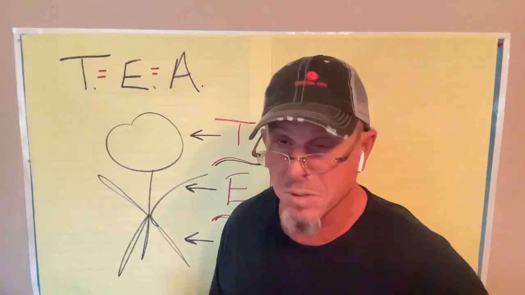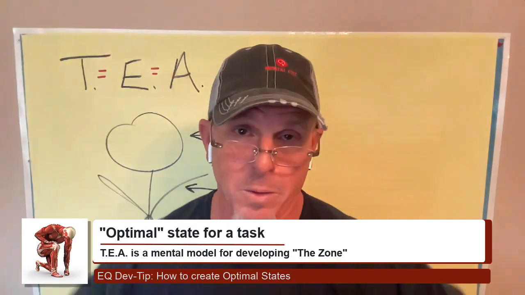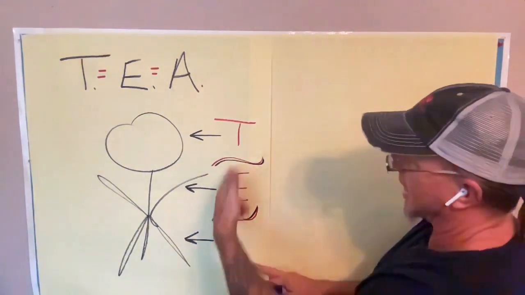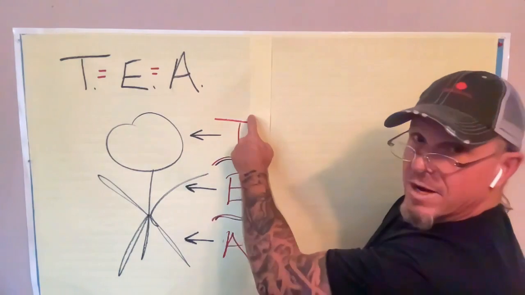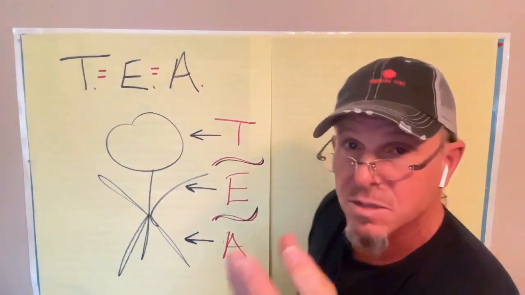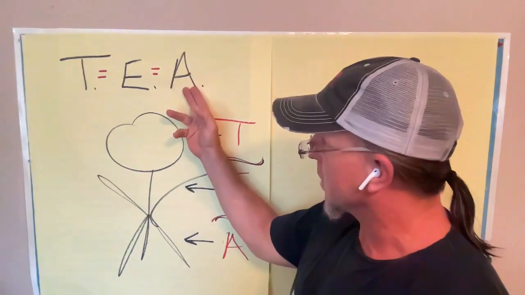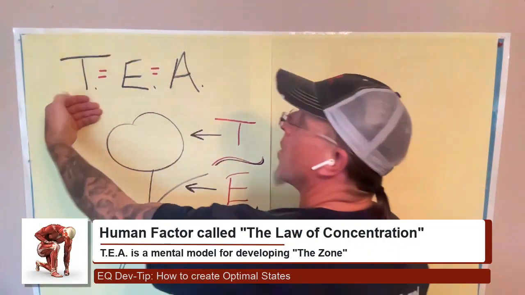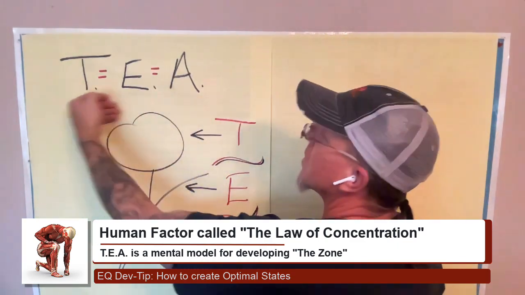I focus on a task. Big ball, big stick, big hole, little hole. It doesn't matter to me. I focus on task. And to get that task at optimal, you got to have the right thoughts on the task, which create the right emotional state on the task. Because here's the secret. Humans always move in the direction of their dominant thoughts.